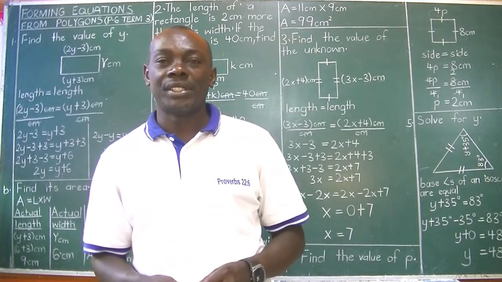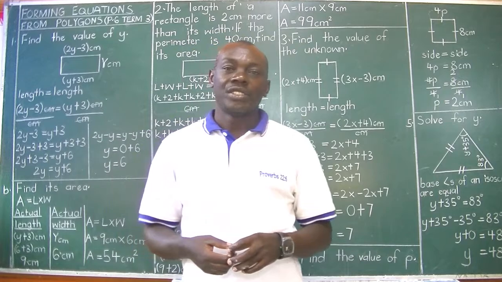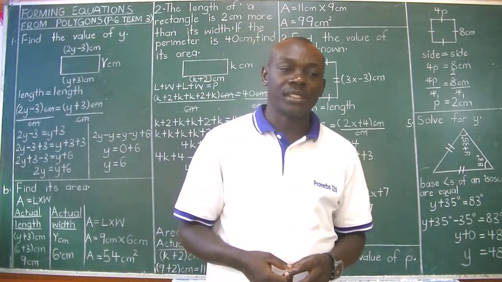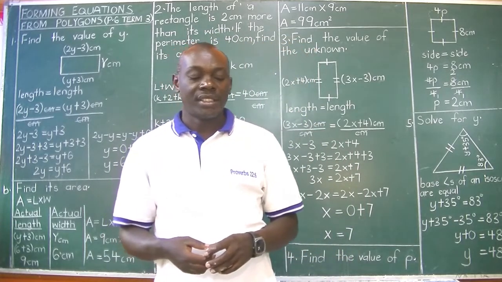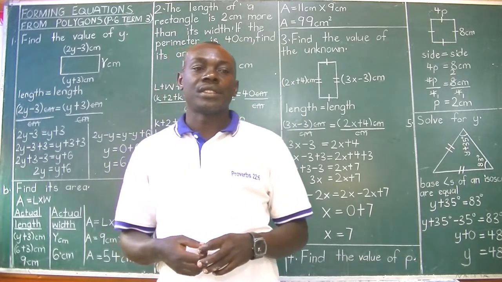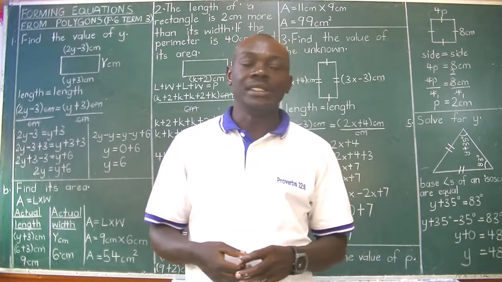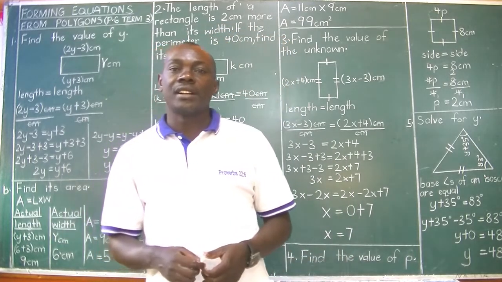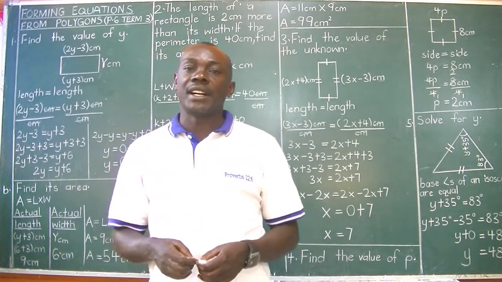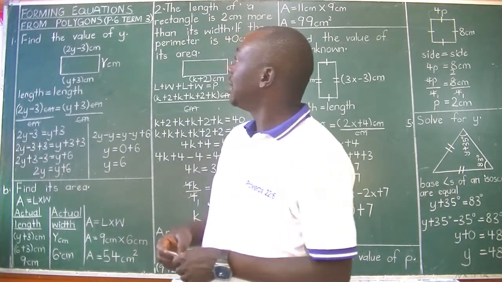Teacher Katimbo Richard teaching mathematics, this class, primary 6. Today we are still continuing with algebra. We've been dealing with it for the last 3 sessions, and today we are looking at forming equations from polygons. And remember, a polygon is a closed-sided figure. So we are dealing with those closed-sided figures to form equations of algebra, and therefore solving them in this P.6